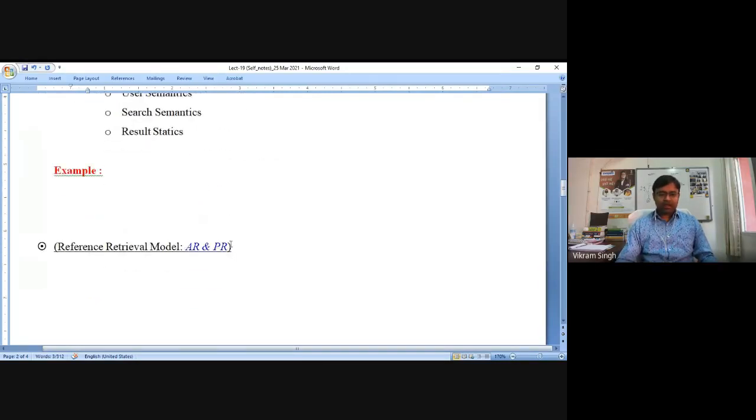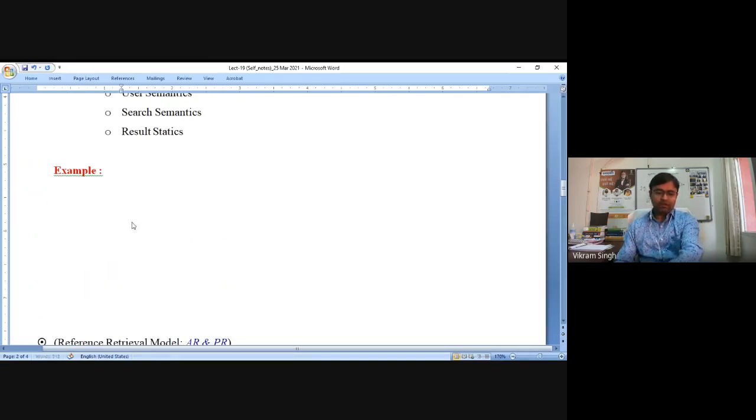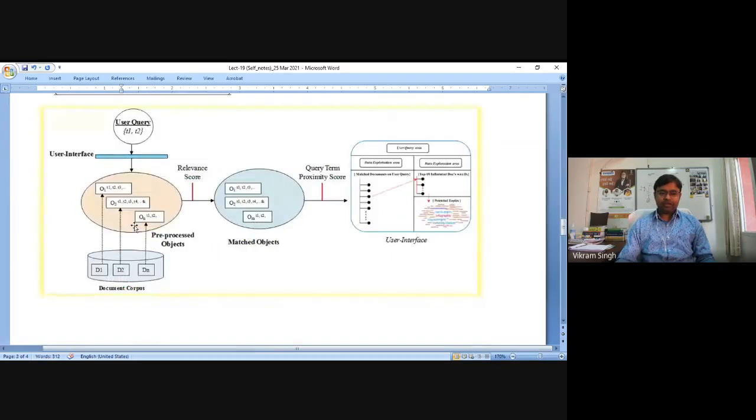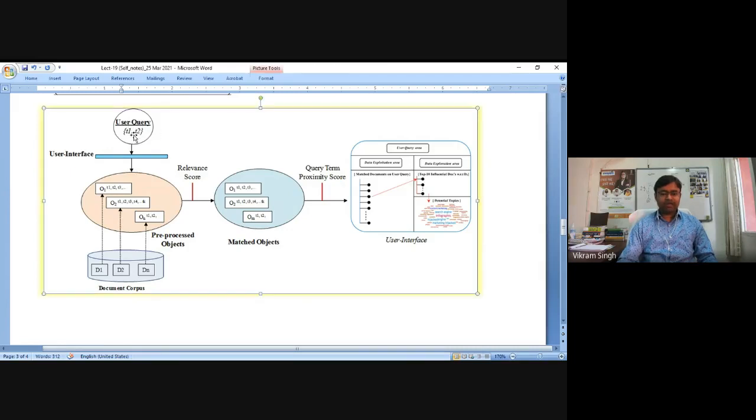Then if you take one typical example, one typical model we have placed, we have created a reference model for you. So basically, if you can see here, this is one conceptual model we have proposed. In this case, you can see we have given a user query on the top. The user query has T1 and T2. And these T1 and T2 query terms will be applied on the user interface. And based on these T1 and T2, we